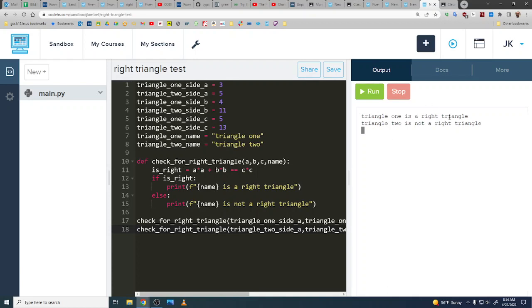Triangle 1 is a right triangle, because 3, 4, and 5 are what you call a Pythagorean triple. They happen to work like that. And then triangle 2 is not, because 5, 11, and 13 don't fit that way. And you could look at this code and you could say, hey, it works. I hit run. It gives an answer. It happens to be the right answer. And I'm done. But